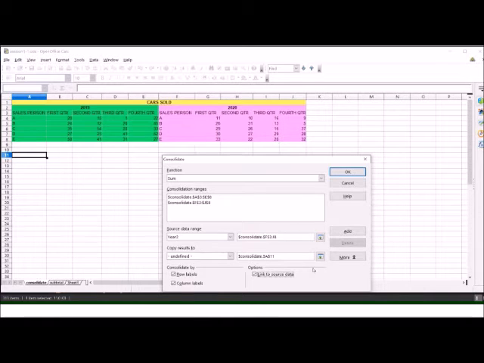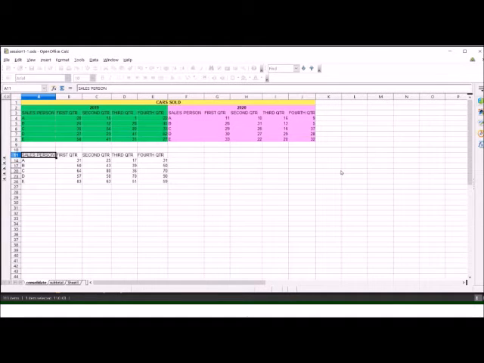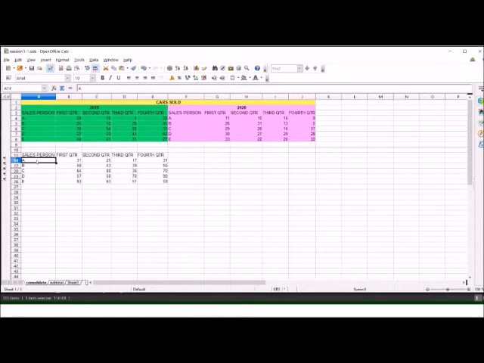After checking all these three options, we will click on OK, and we can see this output is appearing, which is a consolidated output of these two ranges. As we can see, salesperson A sold 20 cars in first quarter of 2019 and 11 cars in first quarter of 2020.